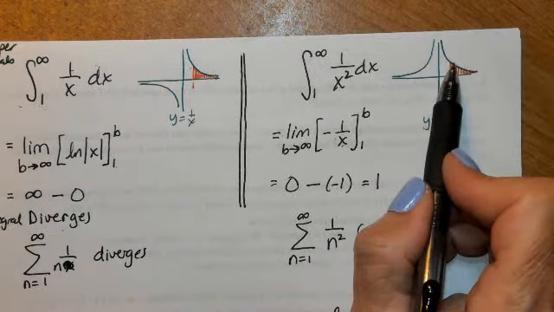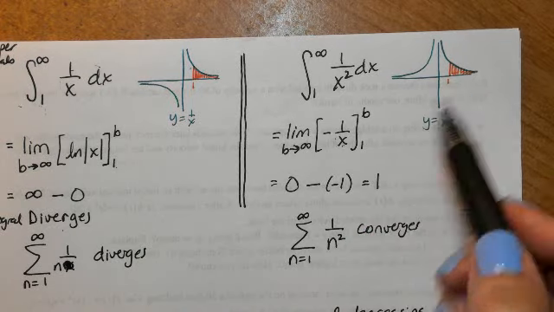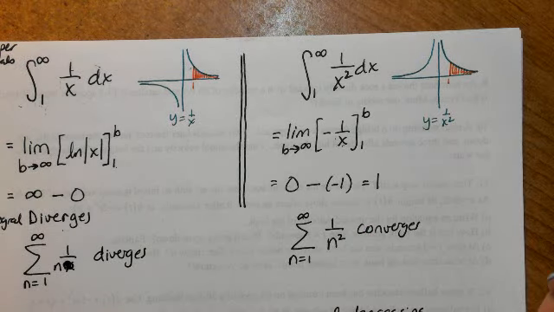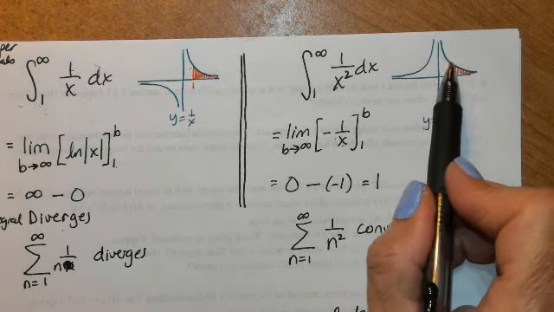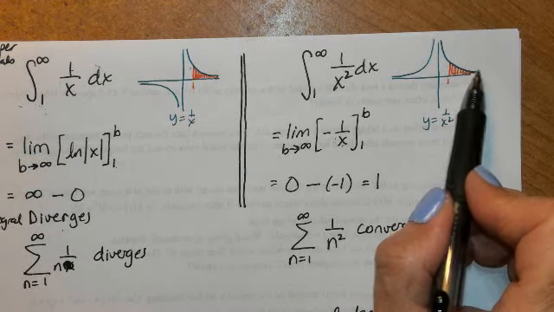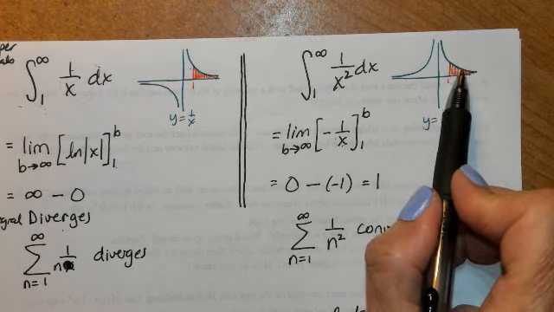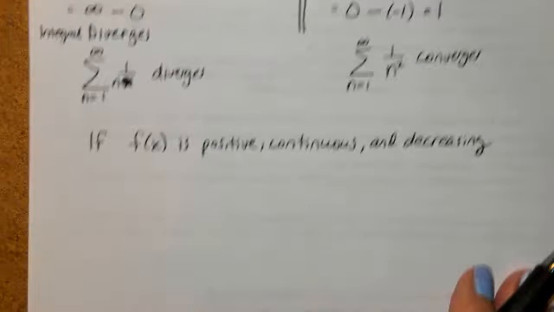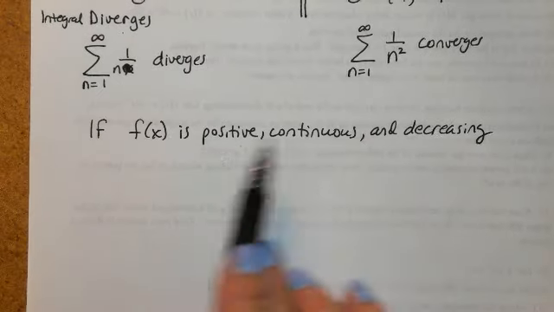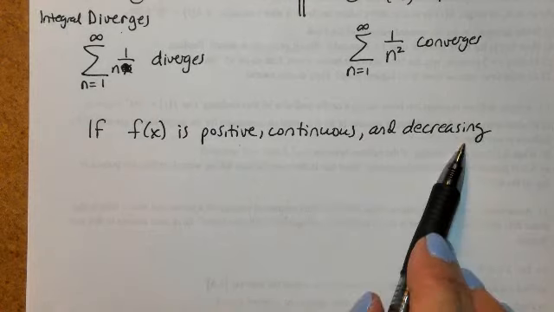So in many of these that pass the nth term test, which means that we cannot use the nth term test, in many of these your function is going to 0, so it's going to be decreasing. Okay? So positive, continuous, and decreasing. That's important. If your function is positive, continuous, and decreasing,